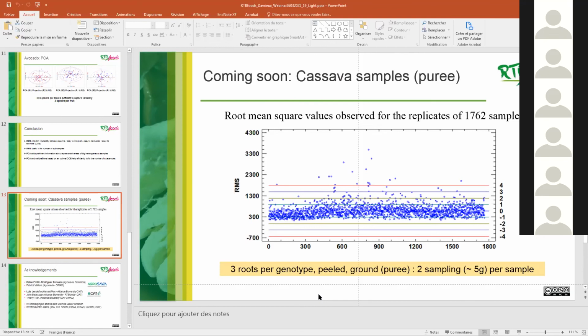I think we have discussed this before through emails. Probably next month or in the near future, we need to schedule a meeting to talk about that. We need your help to develop the procedure for how to sample the roots, to measure the variation within the roots and also among roots.